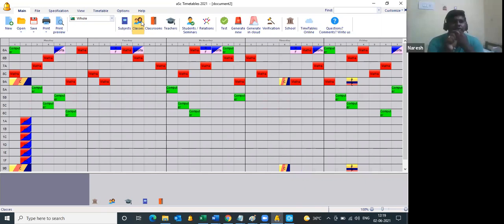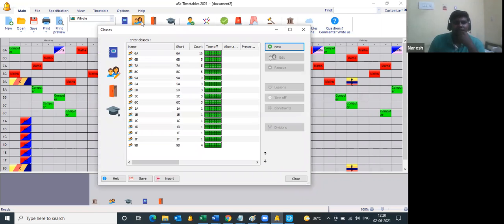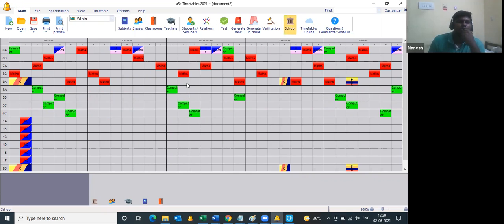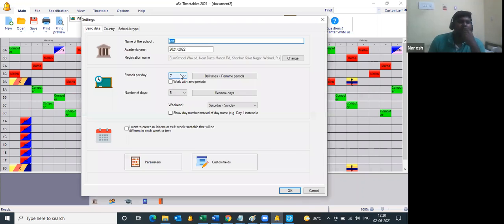No, first when you have imported it, once you have done import, don't generate, click on classes. As I told you in the beginning, you see this count. When you click on the school, it will show you that you are working for 7 periods per day for 5 working days.